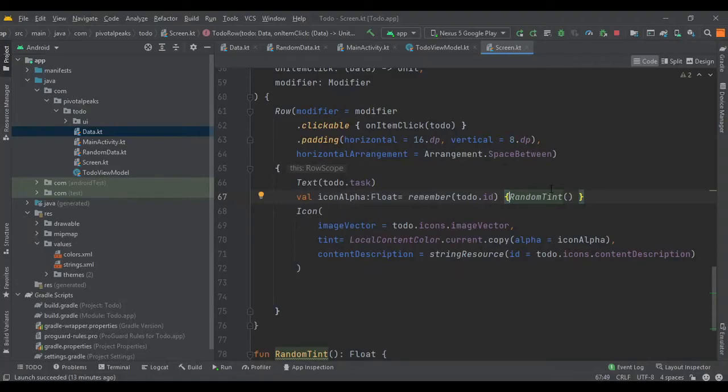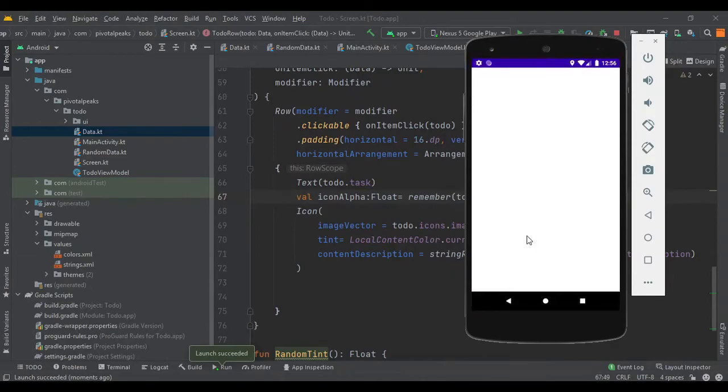And yeah, let's run the app and see if we were able to save the values. So let's hit run and see. So let's add an item. We got a very light icon, a light color icon.